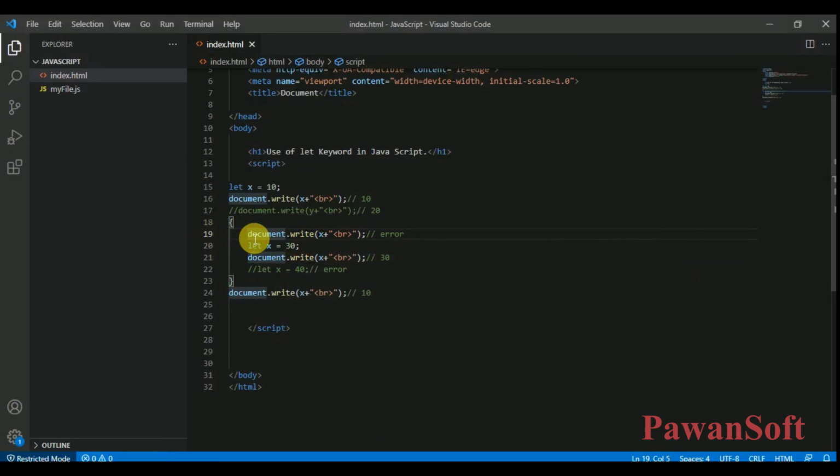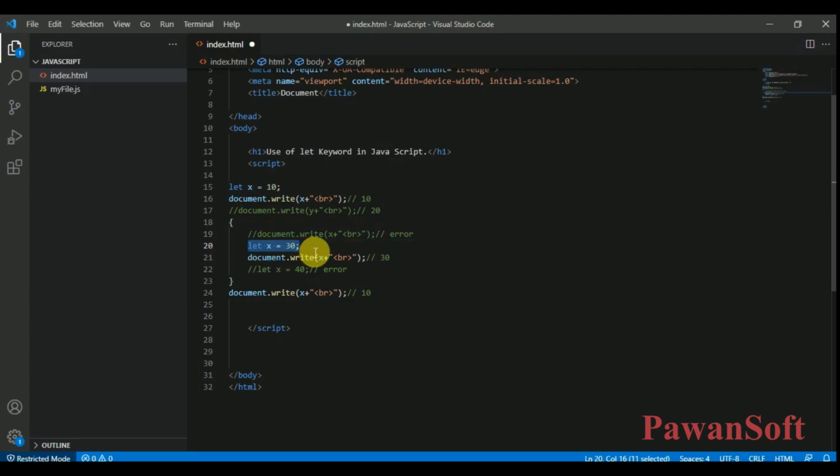Here we are getting the error, right? So this basically means you can't access a variable without initialization. In this block we can't use x at line number 19, but after that, at line number 20, we have x.